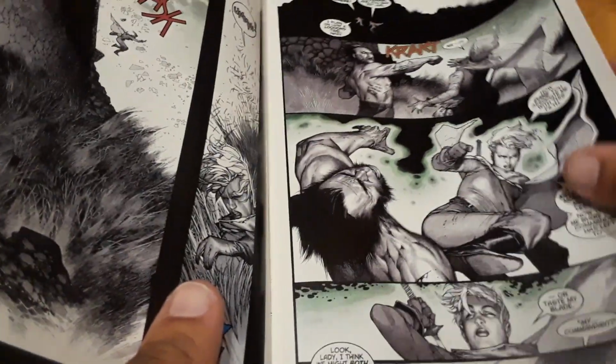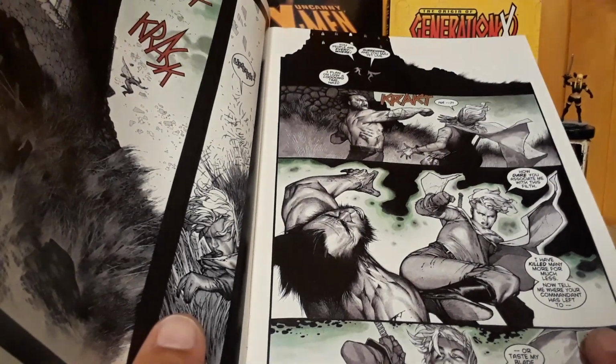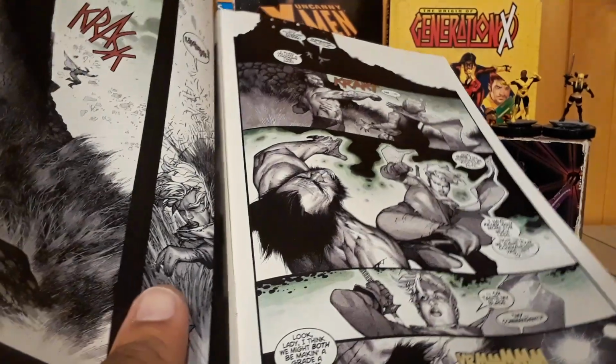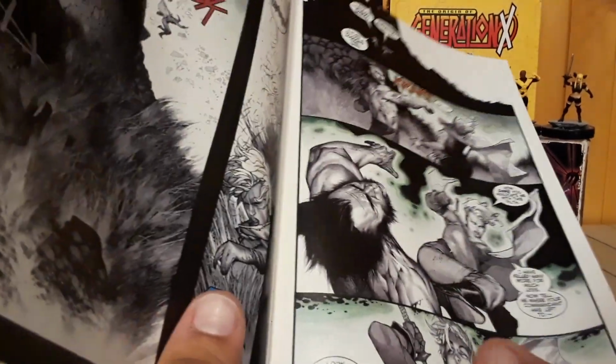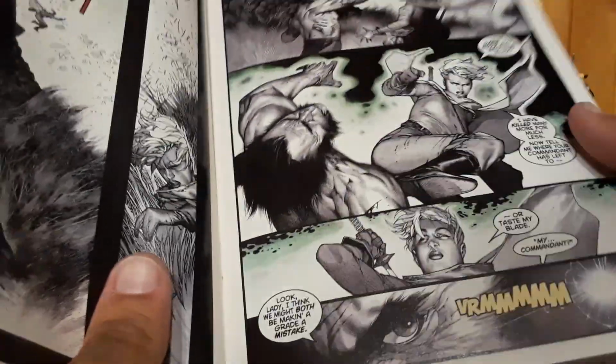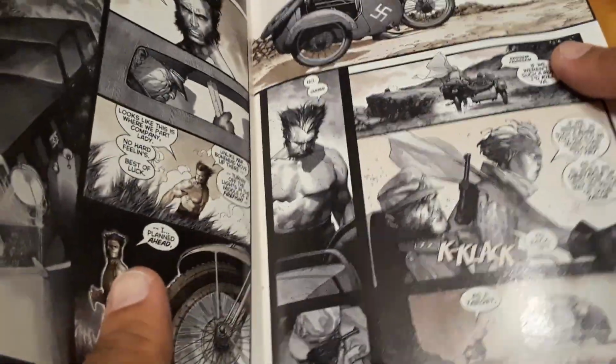So yeah, at first you always have the cliche of the heroes meeting each other for the first time and they think they're bad guys. Why would you think she's a Nazi, Wolverine? And then he calls her a Nazi. She's like, no, you're the Nazi. I'm going to cut you down. It's like, what? So yeah, they decide to team up